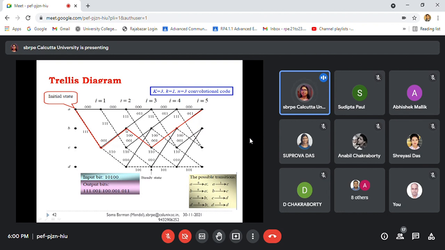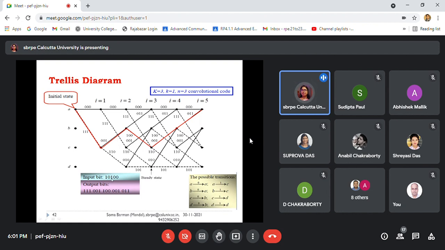Next, you have reached the B state, and again 1 bit is coming. If 1 bit is coming in the B node, how many paths? This path and also the black path. As 1 is coming, out of these 2 paths, we go downward on the red path, that is marked by the red line. And for this path, your output branch is 1, 0, 0.